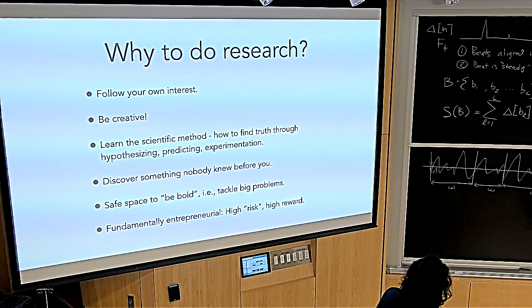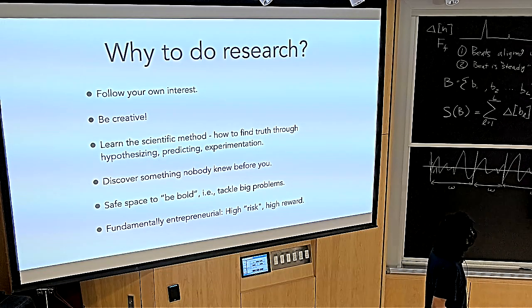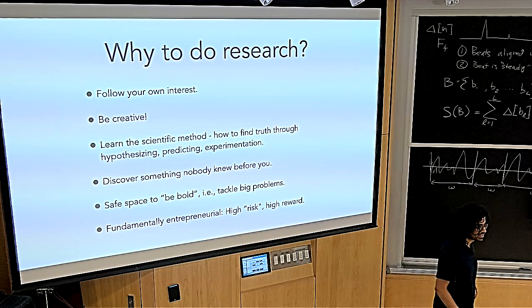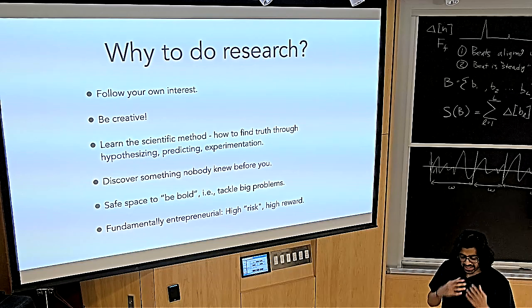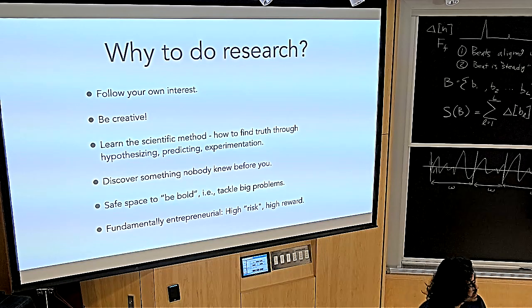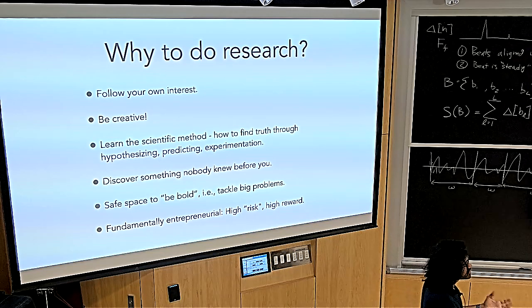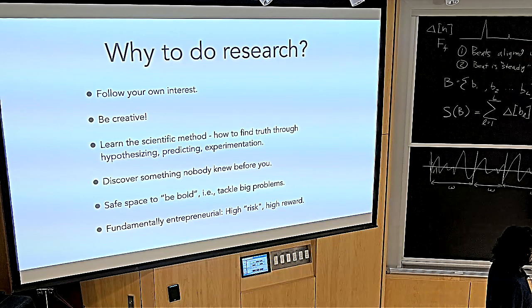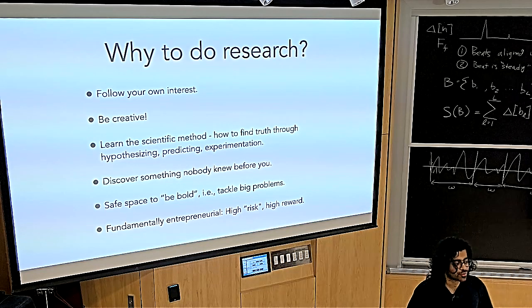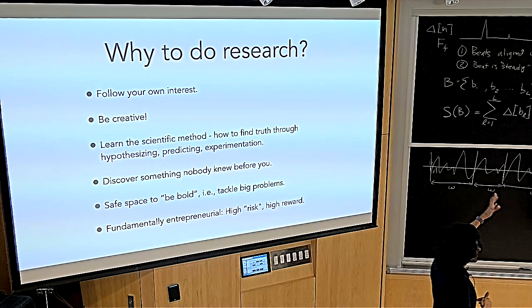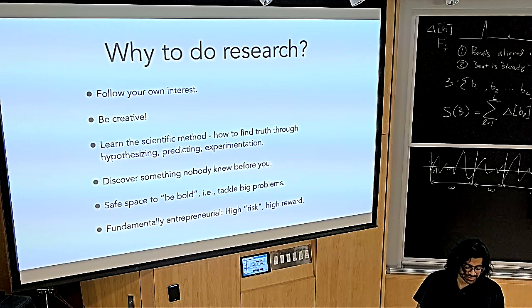And I really like this slide when I read it because I agree with most of what is written here. So the first reason really is you can follow your own interest. When you start working on problems, you develop intuitions and you have ideas on what you think is the right way of solving this problem, or you have a problem that you feel no one is really working on, and that seems to be a very interesting and left out area. You can actually follow your own interest. There's not really anyone who is forcing you to work on something. This especially holds true for professors, but also as a PhD student, you're supposed to gain independence, and this happens